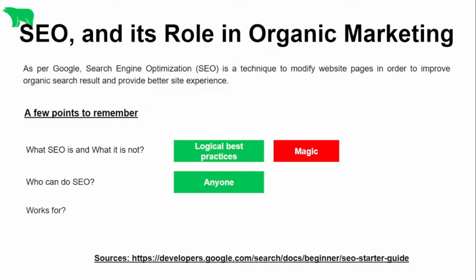Third is, who does SEO work for? I mean, which organization qualifies for SEO? Now, SEO can be done for both B2B and B2C business. That means it is a standard practice which can be followed by any company, any person in that company, and can be benefited from. We have provided a source at the bottom if you want to understand more about SEO. We have read through the article, we have implemented all the techniques ourselves, and we have tried to understand what works best. And that's how we have come up with this content.